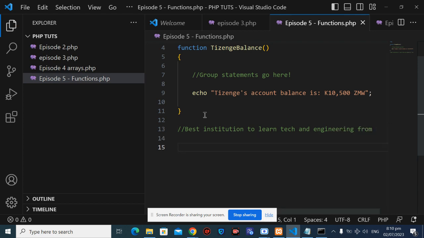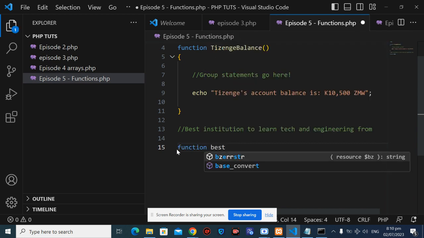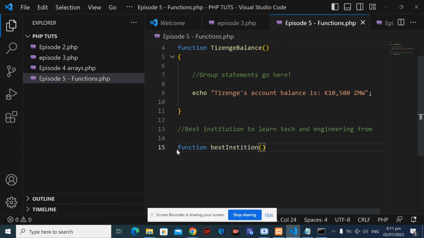And then here we're just going to say function best institution. So we give it a name. Let's do it together. We say function best institution,